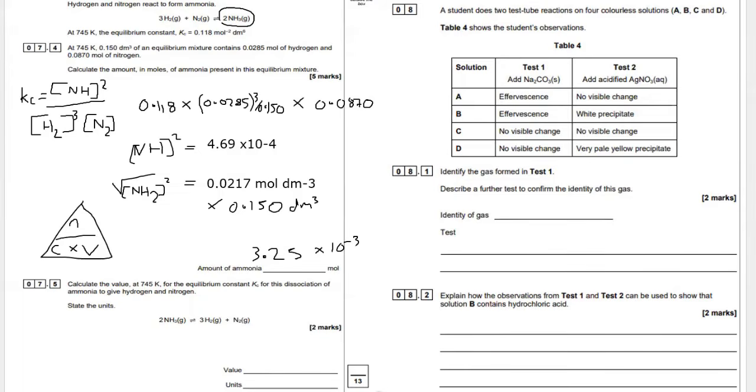Right, what is this question down there? Calculate the value at 74K for the equilibrium constant Kc for this dissociation of ammonia to give hydrogen and nitrogen. Oh, and state the units. Okay, well, we're going to need to do 1 over 0.118, and that's going to equal 8.47. And to calculate the units, well, if we look up here at this Kc expression, we've got